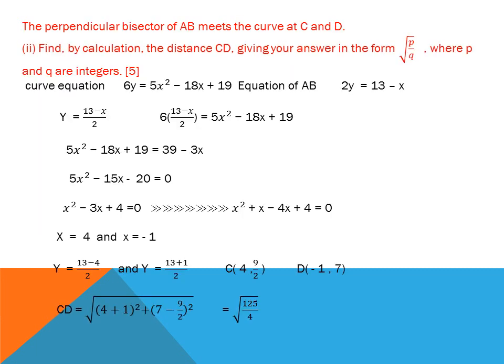In part 3, it is given that AC and BC are equal in length. It means the lengths of AC and BC are the same. Find an equation relating x and y and show that it is simplified to this. So AC is equal to BC. I only applied the distance formula here: (x2 minus x1) whole squared plus (y2 minus y1) whole squared on both sides. So I applied the values of A as (1, 3) and C as (x, y) in the first, and in the second, B (9, 1) and (x, y).